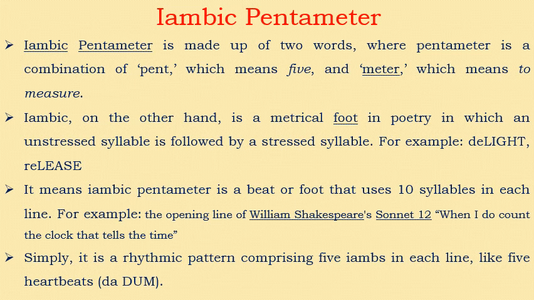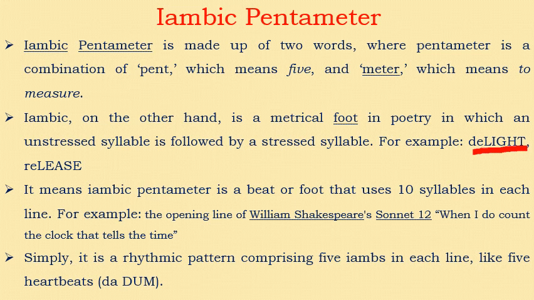Iambic, on the other hand, is a metrical foot in poetry in which an unstressed syllable is followed by a stressed syllable. You can see that in this example here, delight, release, where you can easily point out a stressed syllable. An unstressed syllable will be followed by a stressed syllable. The unstressed syllable will be very short, whereas the stressed syllable will be a little longer. So delight, you can easily find there. And it means, on the whole, iambic pentameter is a beat or a foot that uses 10 syllables in each